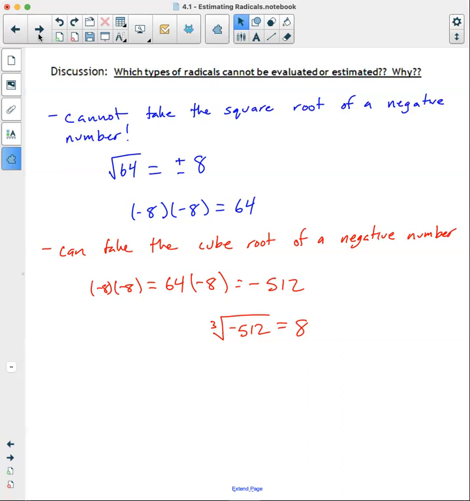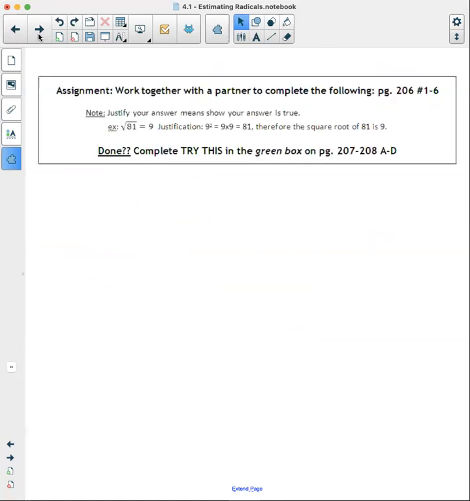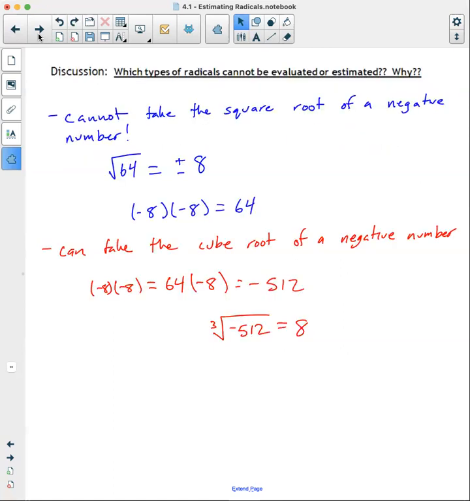So we will learn more about that as we continue on with this unit. But that's it for topic 4.1. So go ahead and take a break, and then please go ahead and start watching